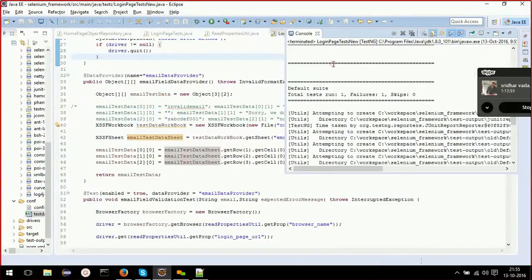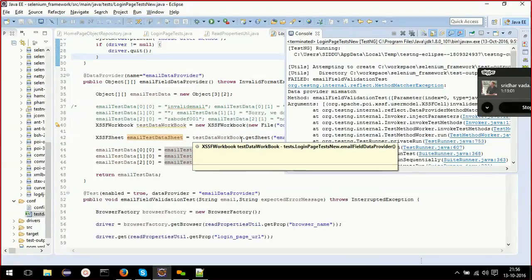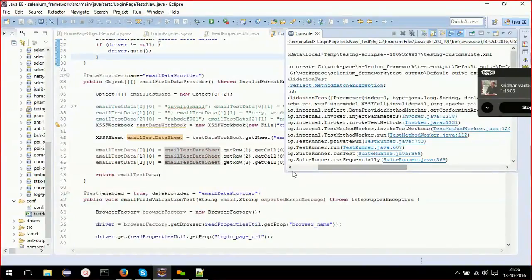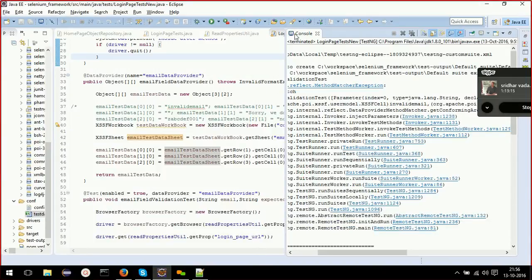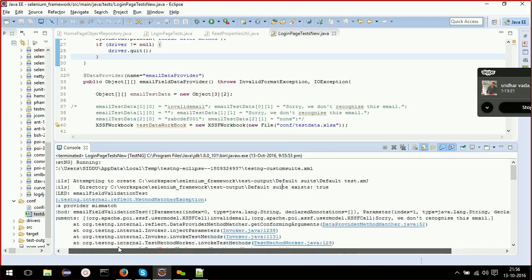Okay, what happened? Data provider mismatch. Method matcher exception.